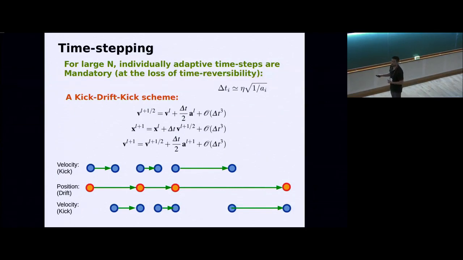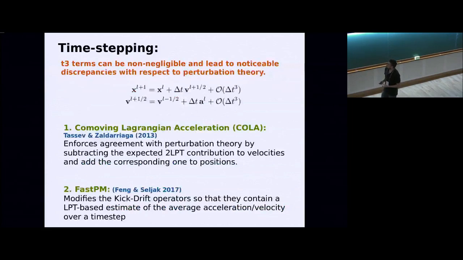And then you can go here and change your delta t to something that is better suited for your particular moment in time and particles. So this is actually quite good, a very useful thing to do. But the price you have to pay is that you don't have time reversibility anymore, right? And as far as I know, there is no symplectic integrator that can be used with adaptive time steps. Right, so though this is pretty standard,